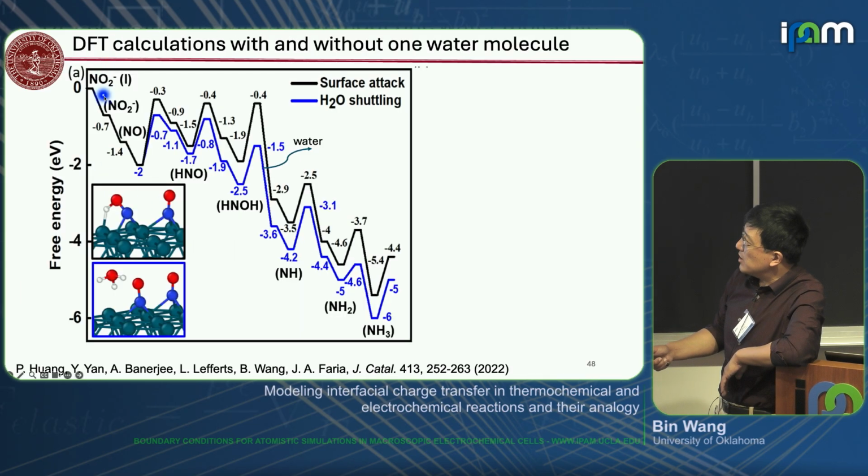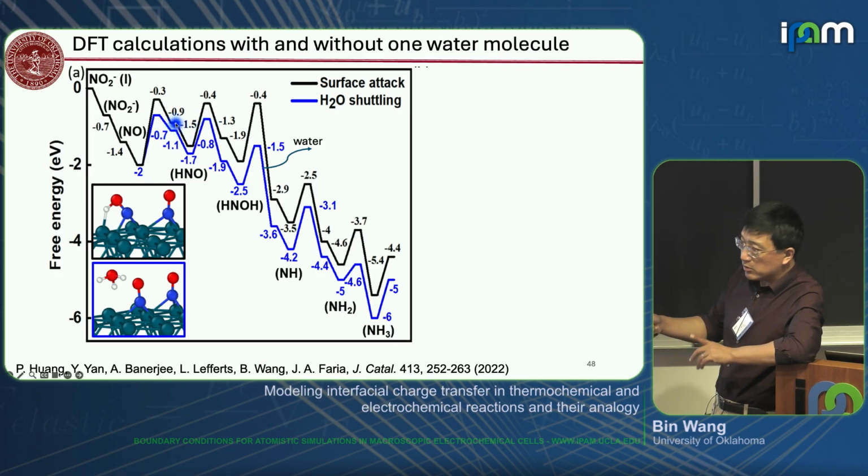So in this case, we need the NO2 minus adsorbed on the surface, and then it forms NO. And the NO will undergo hydrogenation, where the first hydrogen comes to the nitrogen, and the second one comes to the oxygen, and then you cleave the NO bond and form NH, and NH will be hydrogenated sequentially and eventually form ammonia. So that's the reaction mechanism we published a few years ago now. The rate limiting step, which is the one that has the highest barrier, is normally among the first couple of steps. In fact, it's very difficult for us, and also for experiment, to distinguish which one is exactly the rate determining step. So we think probably both have a large degree of rate control, so-called.